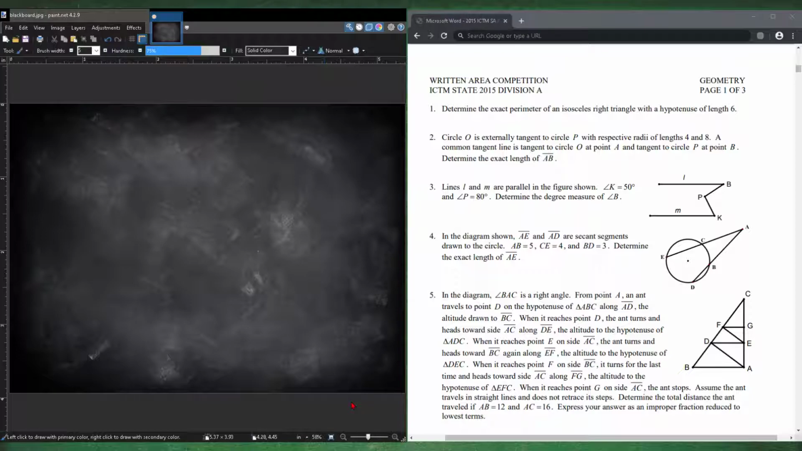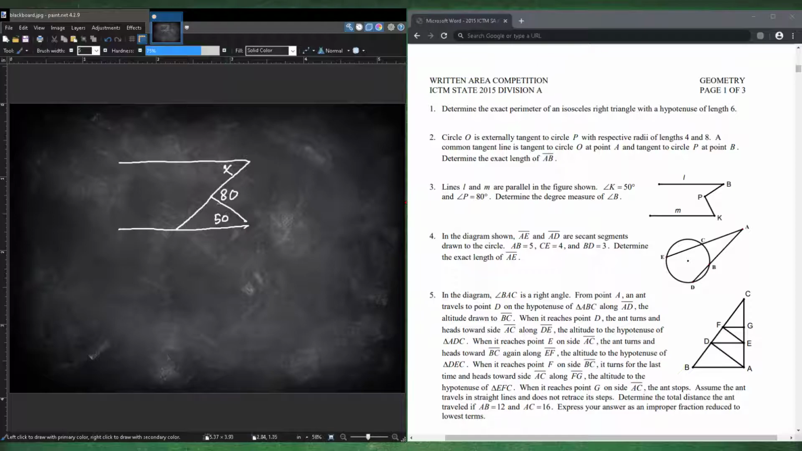number 3. Lines L and M are parallel in the figure shown. Angle K is 50. Okay, let's draw this first before we continue any further. So angle K is 50, and angle P is 80. And we need to find angle B, so this is x. Okay,